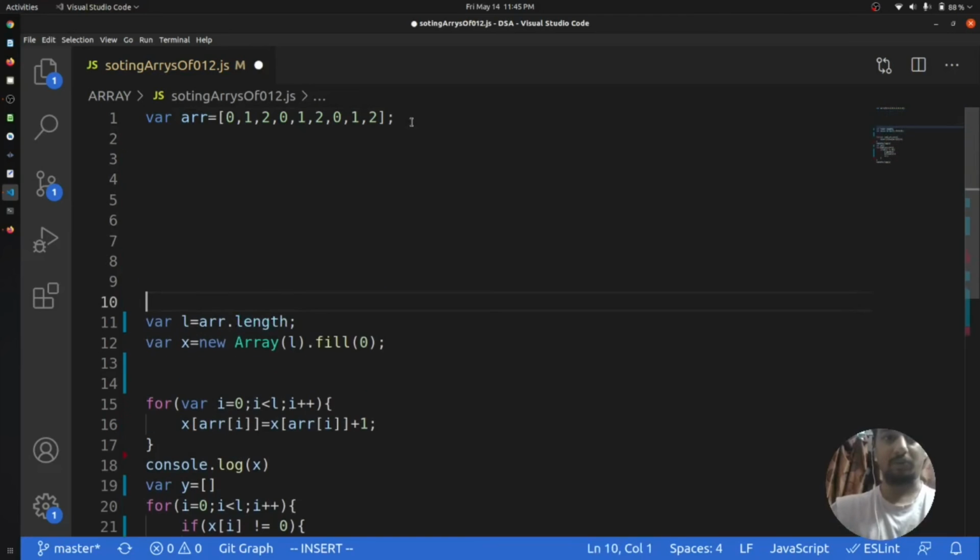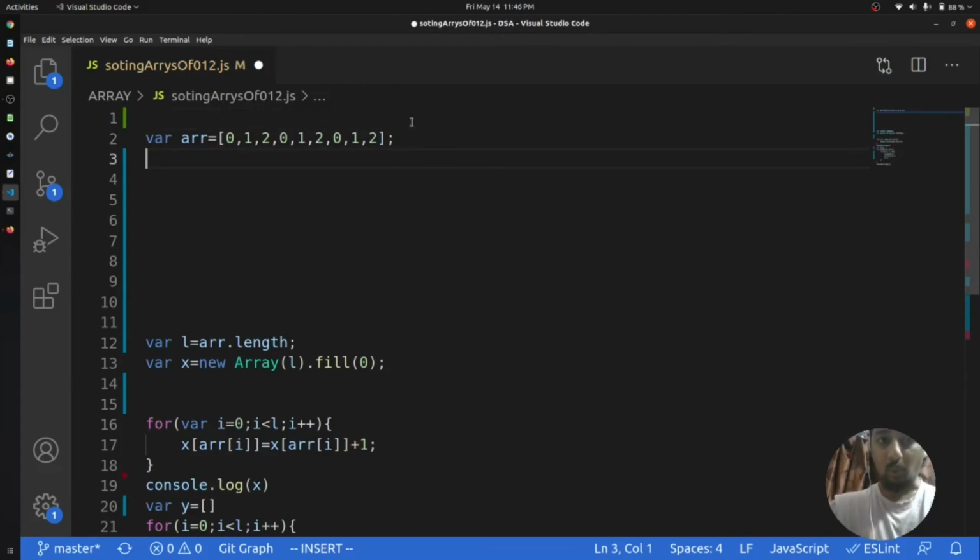So let's come to this point. We will divide our array into 3 parts. In the middle of the array everything will be 1, at the start of the array everything will be 0, and at the end everything will be 2.